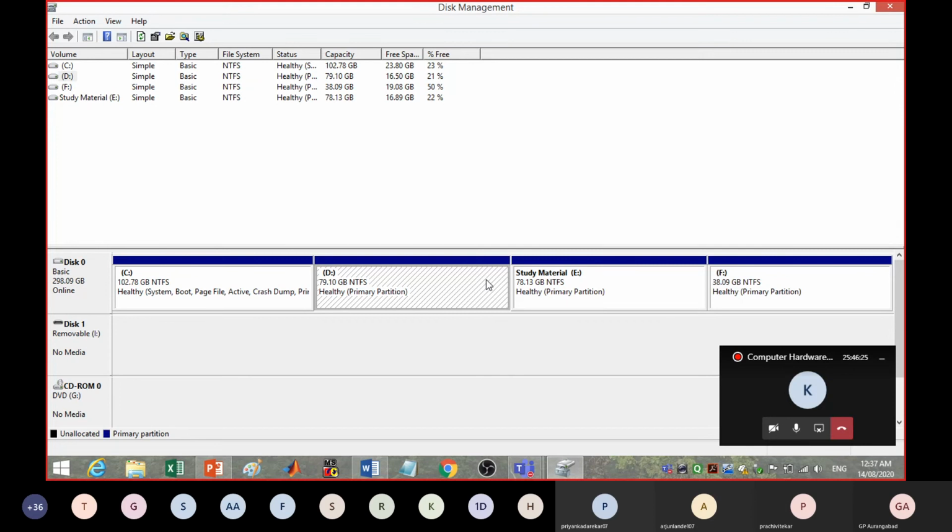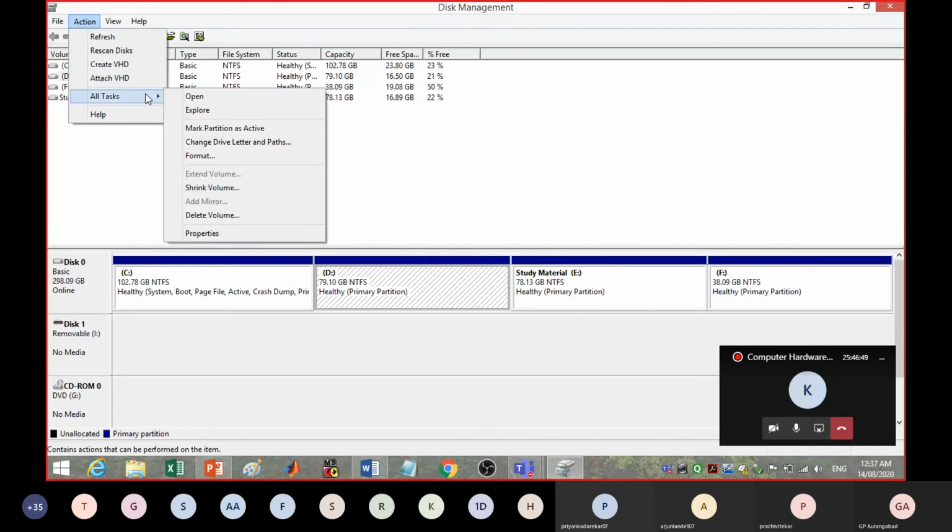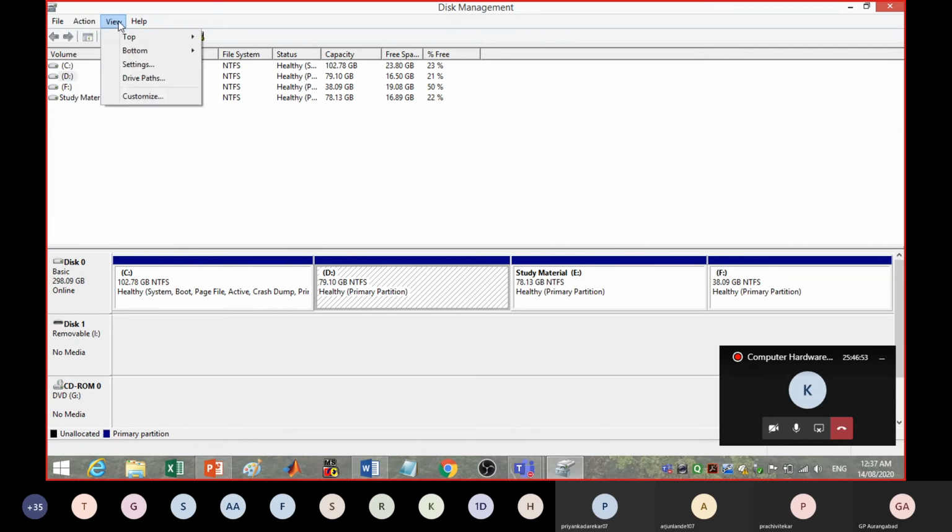So this is the information. Lots of information is there. You just go here and you can see this particular information. There are different ways you can see this information. In fact, in Action more information is given about which type of drive is there. It also gives the types of this hard disk.